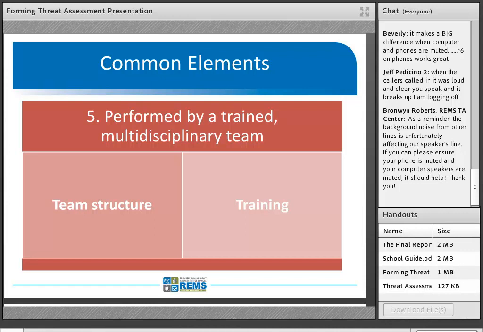a mental health professional, a clinical psychologist or psychologist,